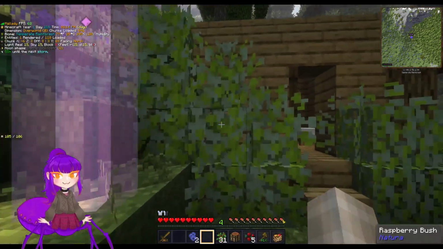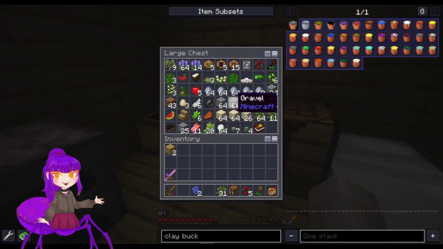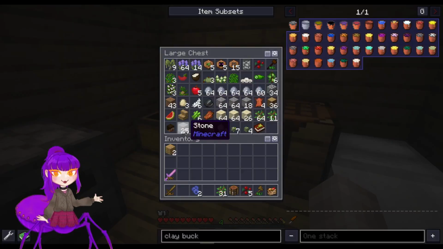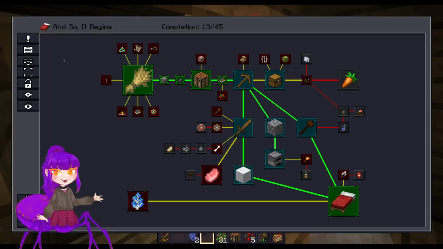Okay, we're back. I got some resources. We got some sand, some gravel, some clay. Got some cooked stone. Also chopped down some trees to get some oak logs. So we got quite a few components now. And what I want to do is try to get to...